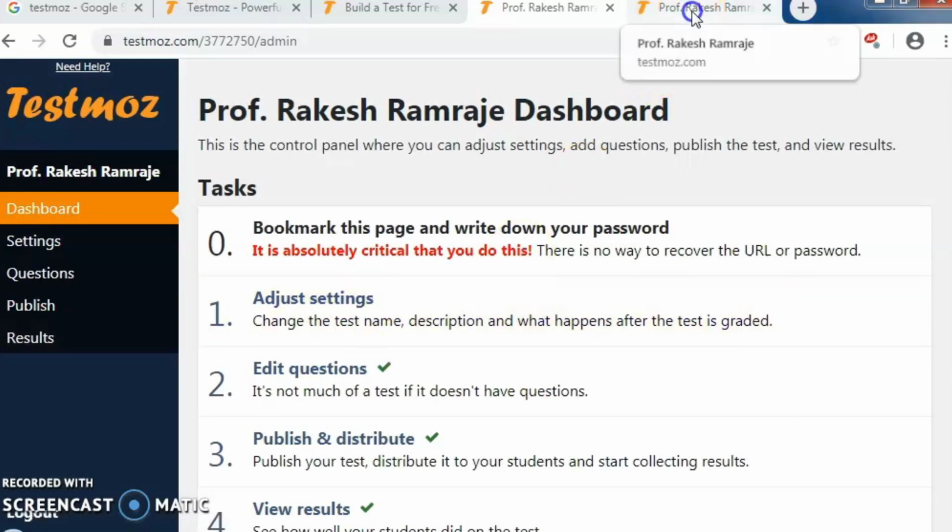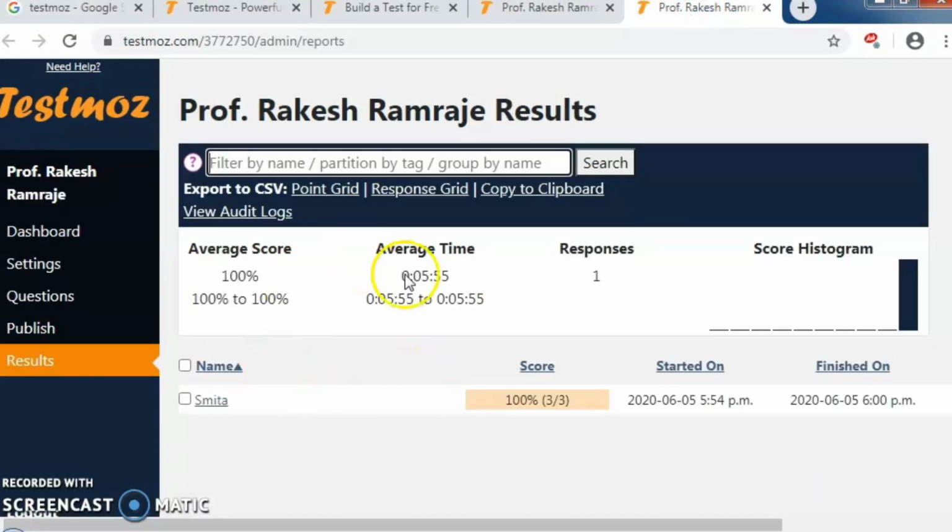If you want to see the result of every student, then we click onto the result option, so that the next window for the result is given in front of you. In that window you can observe the names of the students and how many students solved their paper. The list of students is given, how much score they obtained, at what time and on what day they started their assignment, and at what time and day they finished their assignment. All these things we can easily see in this window.